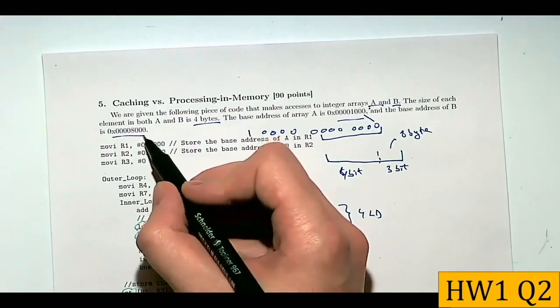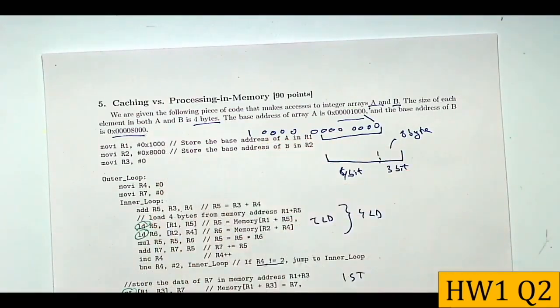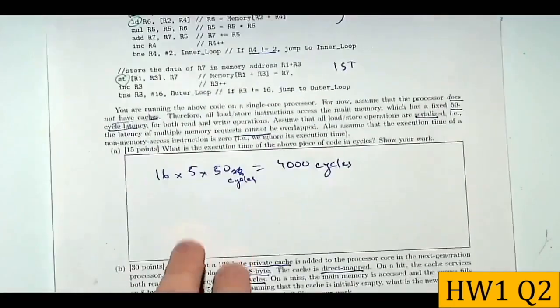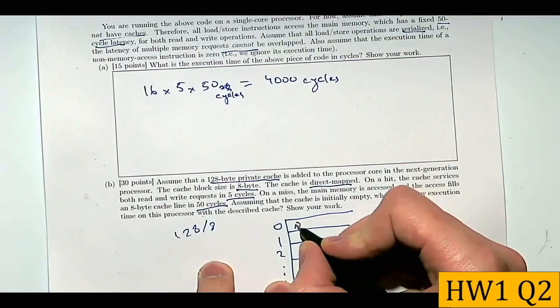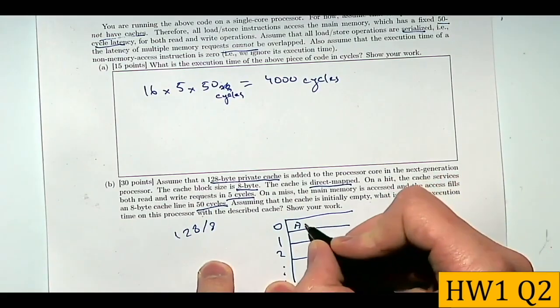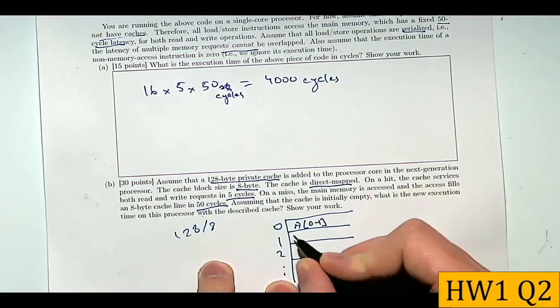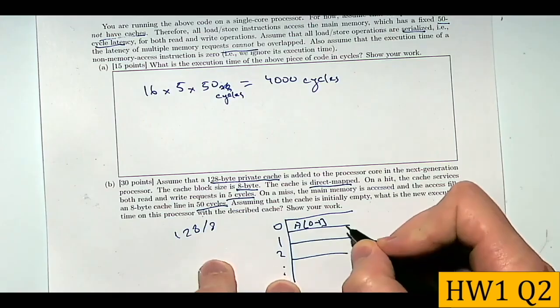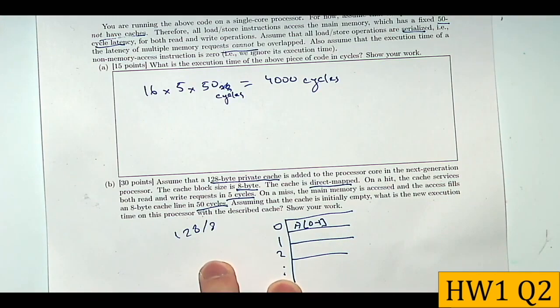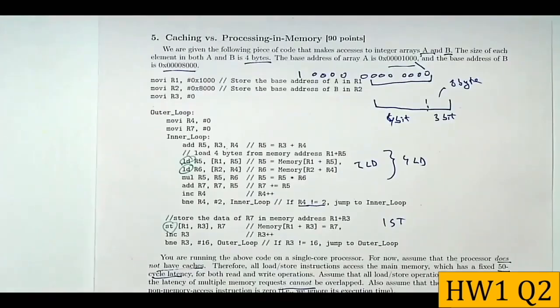Again, here we have 12 zeros, right? So this basically tells us that the first elements of A and B will conflict on the first cache line, on the first entry over here. So when we want to access A0, it will bring A0 and A1 to this position. And then if we want to access B0, it will evict A0 and then put B0 and B1. Okay? So based on this, we can now start understanding